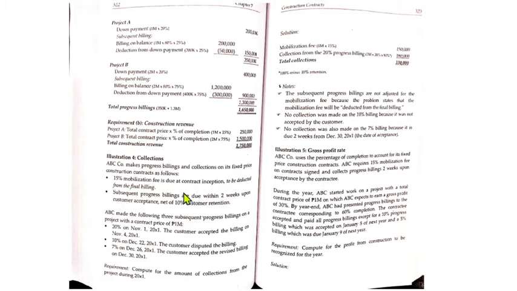So, ang collections dyan, automatic, itong 15% mobilization fee. Magkano ba ang contract price? 1 million. Tapos, ito yung subsequent billings. Ang sabi, 20% on November 1. The customer accepted the billing on November 4. So, November 4, magbibilang ka ng 2 weeks from November 4, papasok ba yun sa December 20x1? I think yes. Okay, dito naman, 10% on December, the customer disputed the billing.